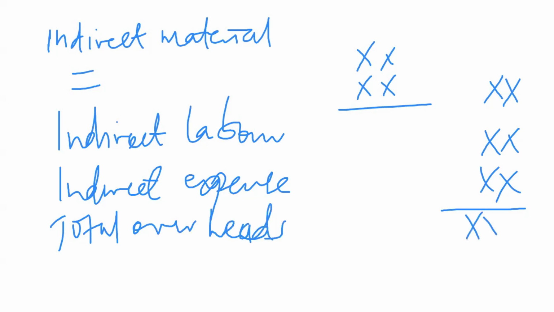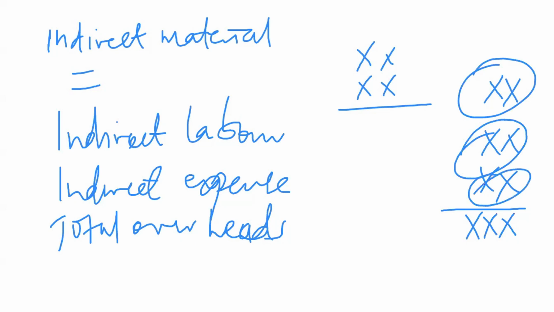So when you sum these values here, this one, and this one, we get this value here, and that's our total overheads. So to get the total overheads, we add the indirect labor, indirect material, and the indirect expense. And from there, we go to the other section where we add. From this point now, we come and add